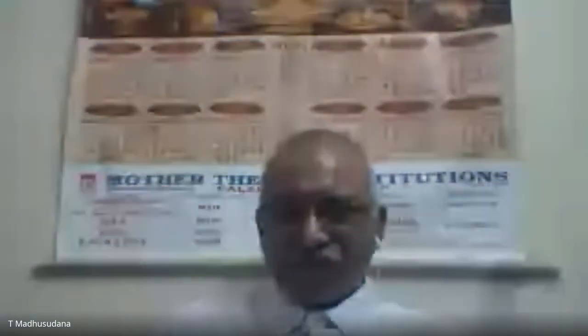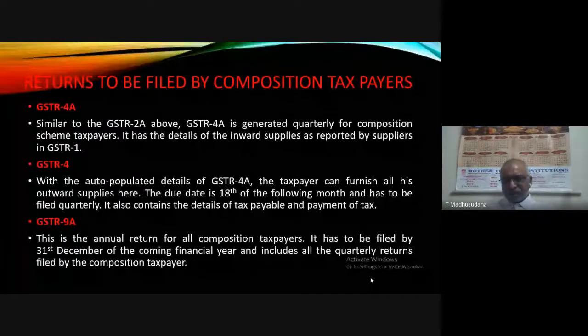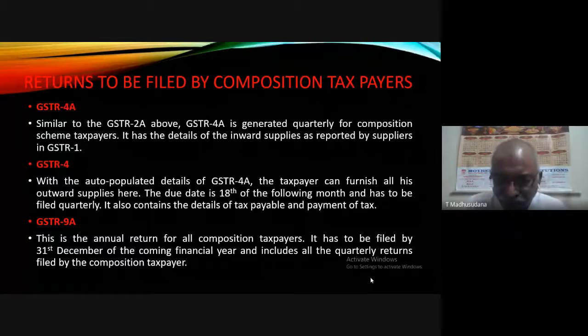It has to be filed by 31st December of the next financial year. That means the due date for filing annual returns of composition dealers is December 31st of the next financial year. That means for the financial year 2021,